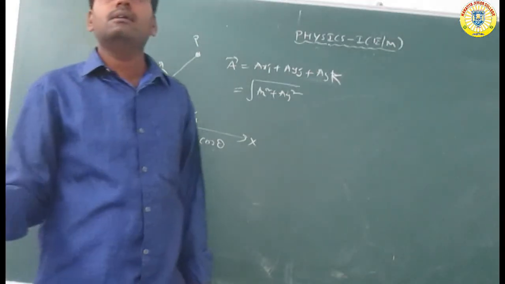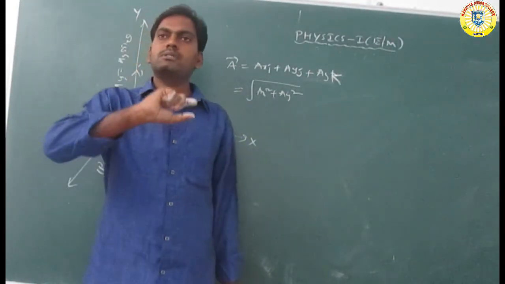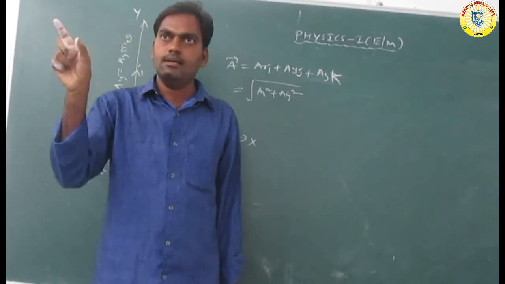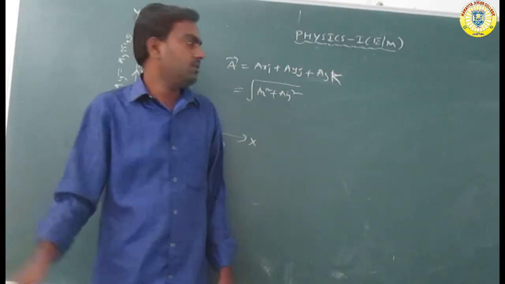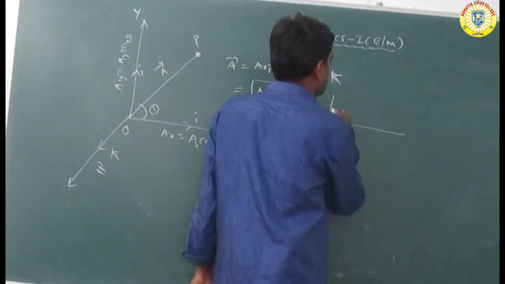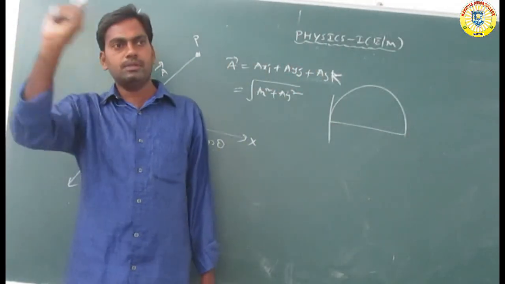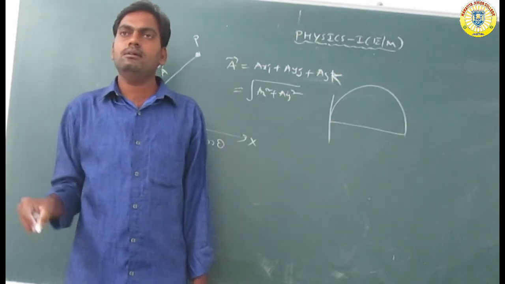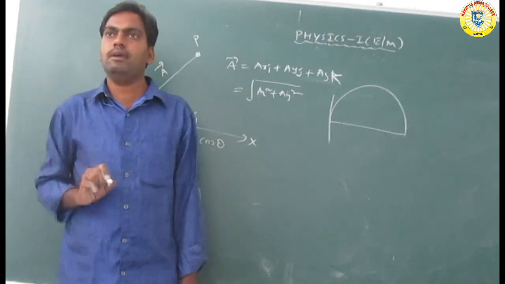Further, we will discuss another topic in the next class. When a body is projected vertically and horizontally with some velocity, its path is a parabola. We will prove that in the next class. This form is called a parabola. Now prove that next class: y equals ax minus bx square.